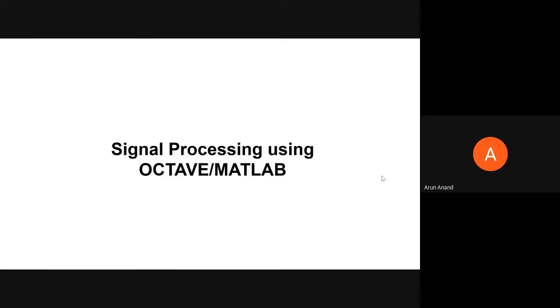On the signal processing using MATLAB. Of course, these same set of codes can be used in Octave also for processing of signals and their visualization. So basically, we will focus on the Fourier transforms, use of Fourier transforms, and especially using it for the frequency analysis of signals. At the end, we will try to do some time frequency analysis also if we get time.